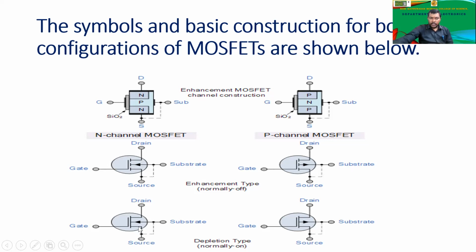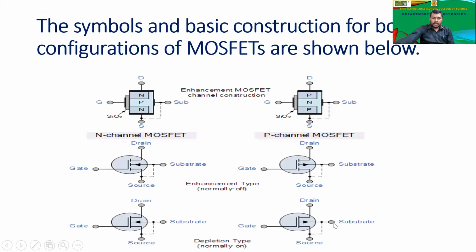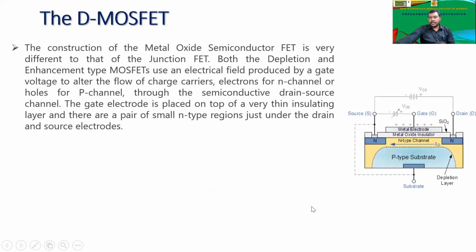Whereas in the D MOSFET, you are able to see that this is connected, which implies that the current is smoothly flowing through this, and the gate is going to deplete that current according to the connection of it. That is why it is called a depletion MOSFET. Enhancement means we are enhancing the current to flow, and here we are depleting the current to flow. So we have these two types of D MOSFET also, N-channel depletion MOSFET and P-channel depletion MOSFET.